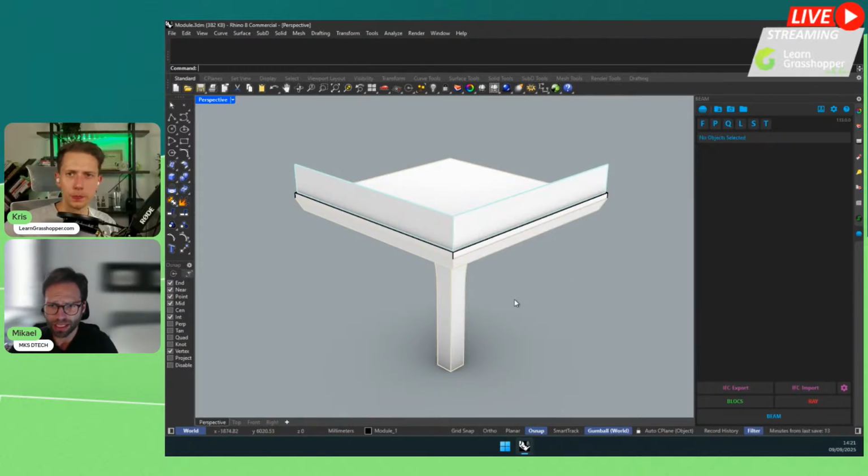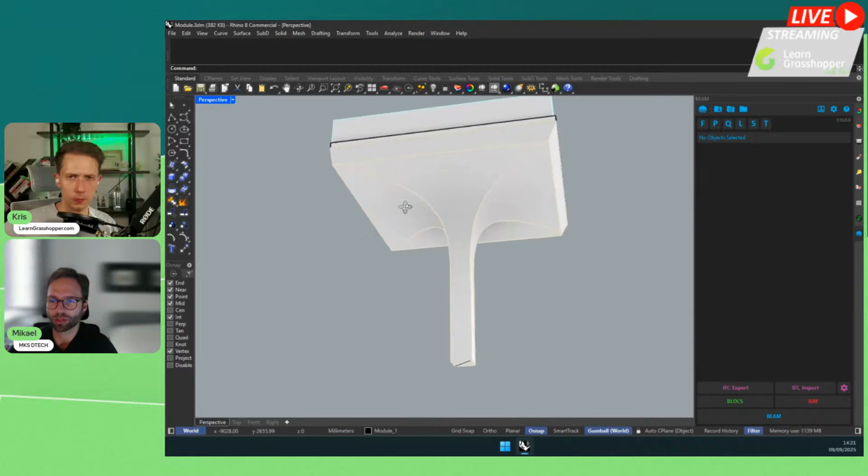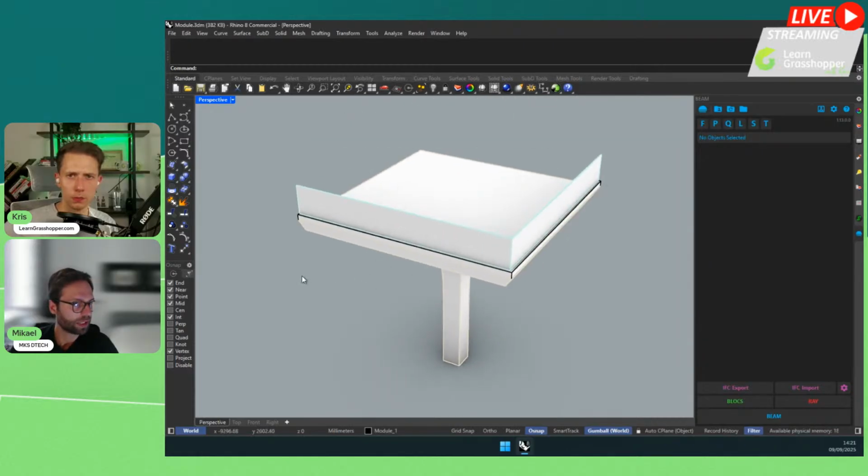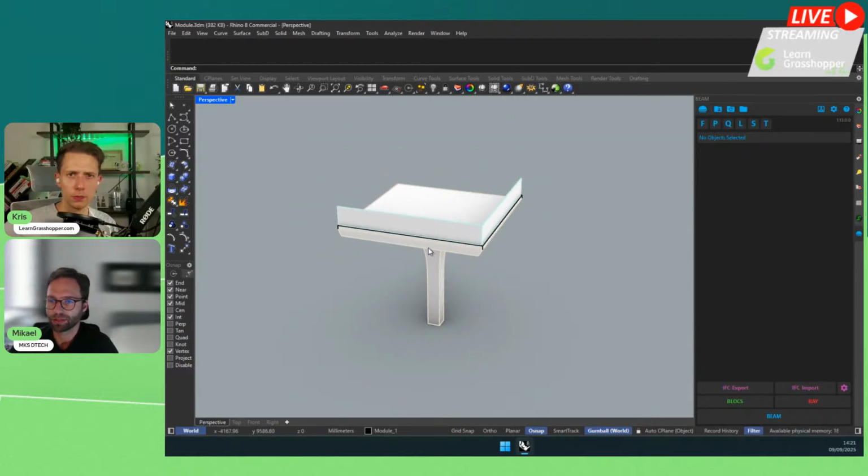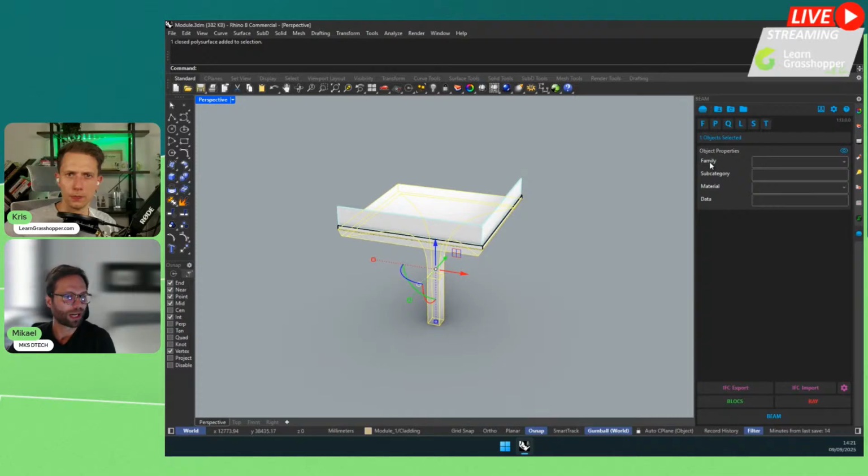So here I have a piece of geometry that we will use as an example of how to create an object. It's a free-form piece of information. As you can see, as I click, the panel starts proposing what information I can modify. First, I have the family, which will be a component or an IFC product. It's basically a way to group objects into one item that is going to be part of the IFC or the Revit export. I can start typing a name here, but we'll see that later.